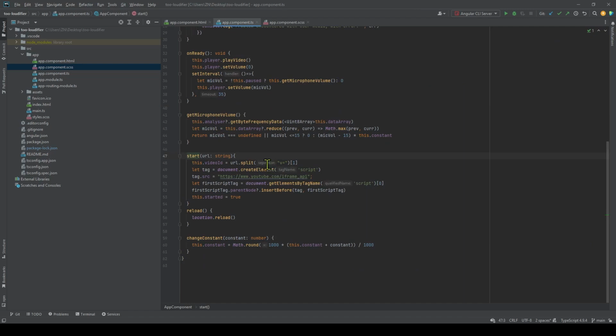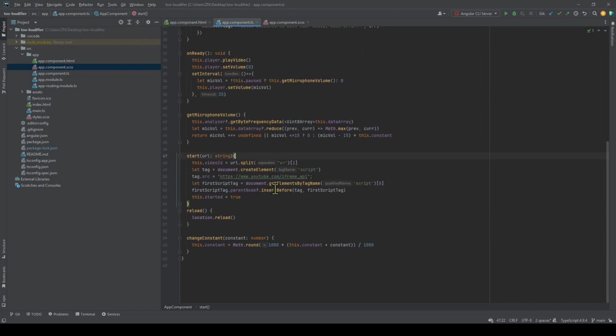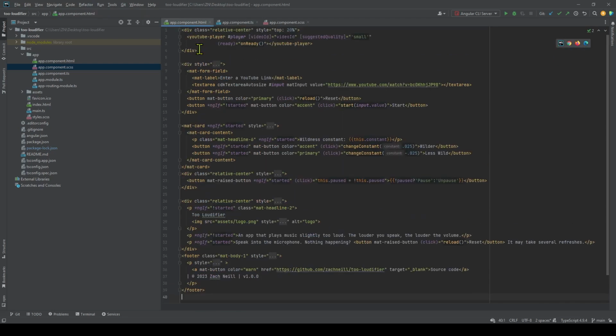What happens? First thing, it basically takes the URL, splits it down into the ID that we mentioned earlier. And here's something that's required. The YouTube API needs to be loaded in after. You can't put it in HTML at the bottom like you will see in a live web pages. It has to be thrown in manually. So that's just all that does here. So once this code is run, that's when we basically wait for the YouTube player to be ready to rumble. And once it is, this